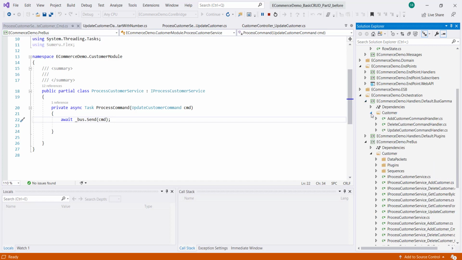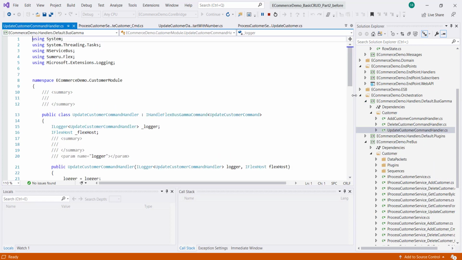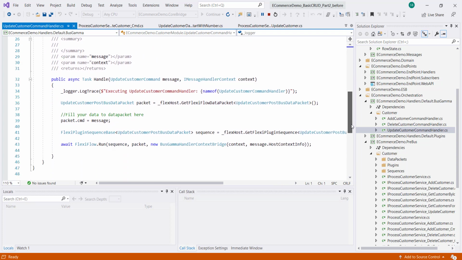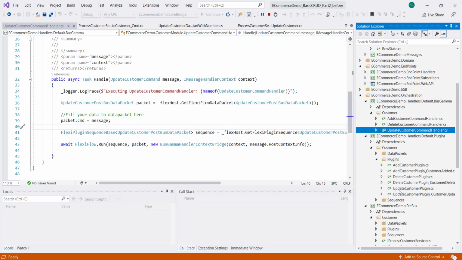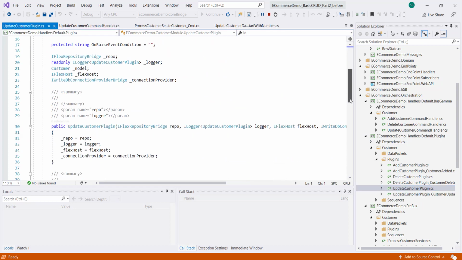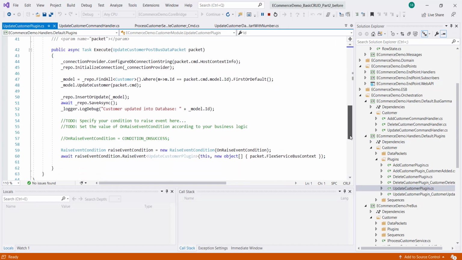The bus receives the command, update customer handler, and executes a plugin for the post bus. So we go to the update customer plugin. Here this is almost the same as your insert. The only difference is we are creating the connection provider first, and then the model is retrieved from the database first.